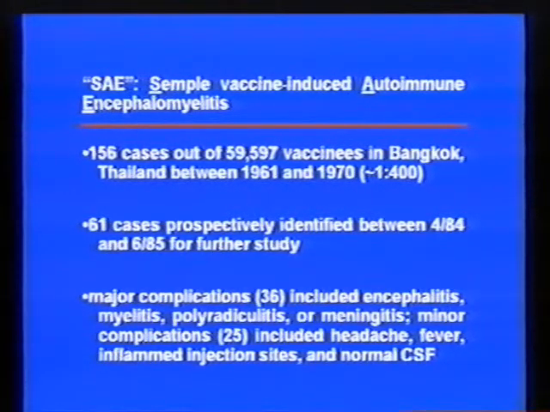So in these 61 cases, which I'm going to tell you a little bit about, they subdivided them into two categories: patients who had major complications, including myelitis, and patients who had minor complications. And to just show you a little bit about the kinetics here in their 61 cases, most of the patients typically got sick after a week or two following this series of injections. So the hypothesis here, it took some time for the patients to mount an immune response to the material in the vaccine, and that immune response was then leading to the development of symptoms.